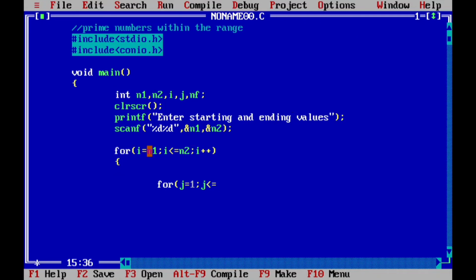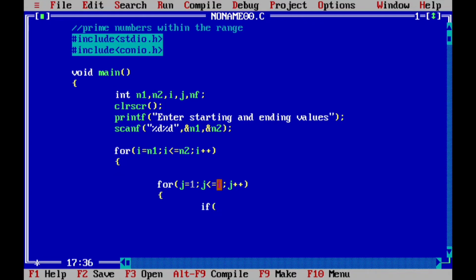That particular number means, suppose initially we take n1. n1 is already assigned to which variable? The i variable. So j is less than or equal to i. Then we have to increment by 1 unit. j plus plus means here 1, 2, 3, 4 and so on up to that particular number i. Okay. Then enter, bracket open.